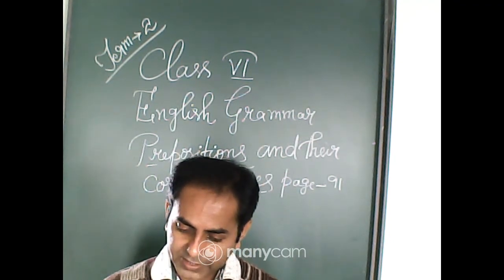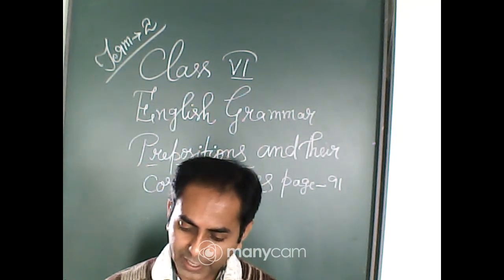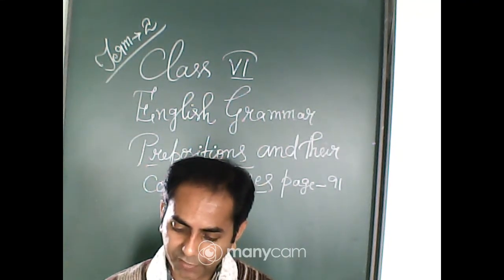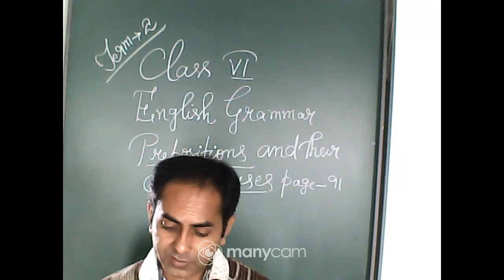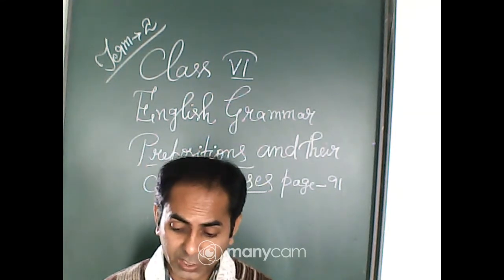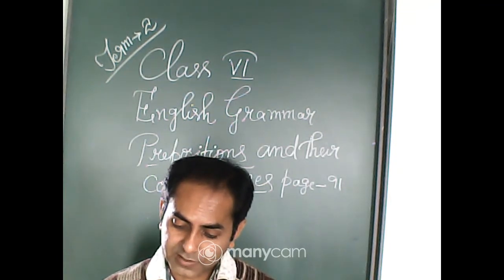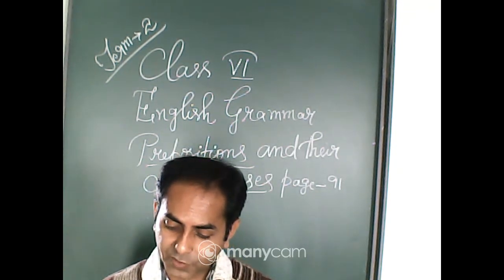So now read the sentences given below. "Rita reached the airport at 9 p.m." Here at indicates a particular time of the day. "We went to the temple at the beginning of this year." Here at indicates the beginning of a year, a particular point of time. "We met our cousins at Diwali." Here at is used for indicating the time of the Diwali festival.